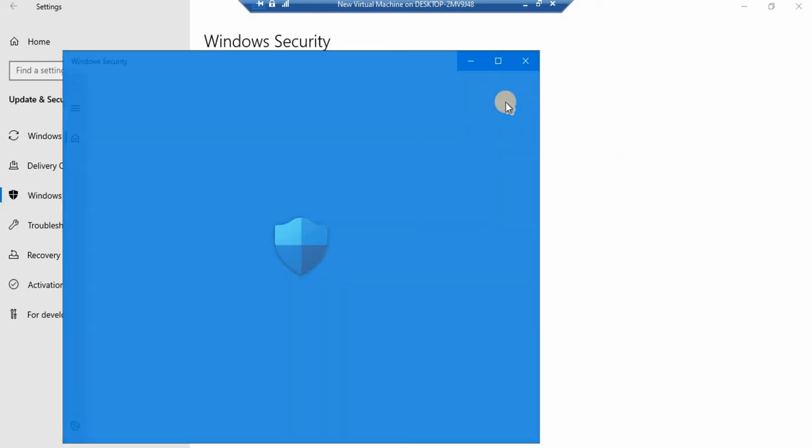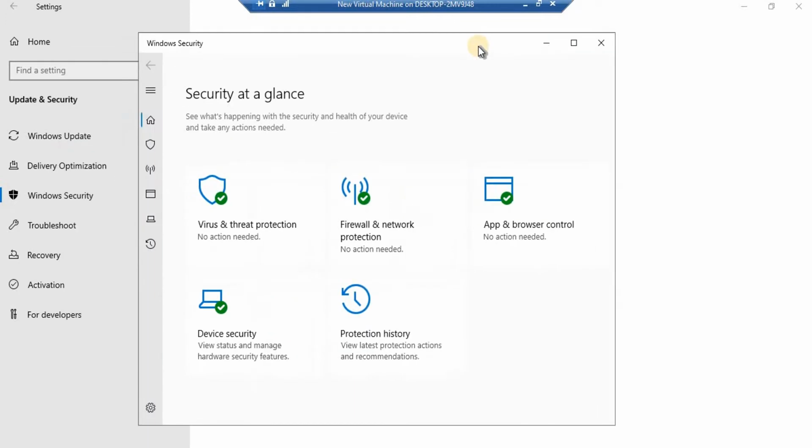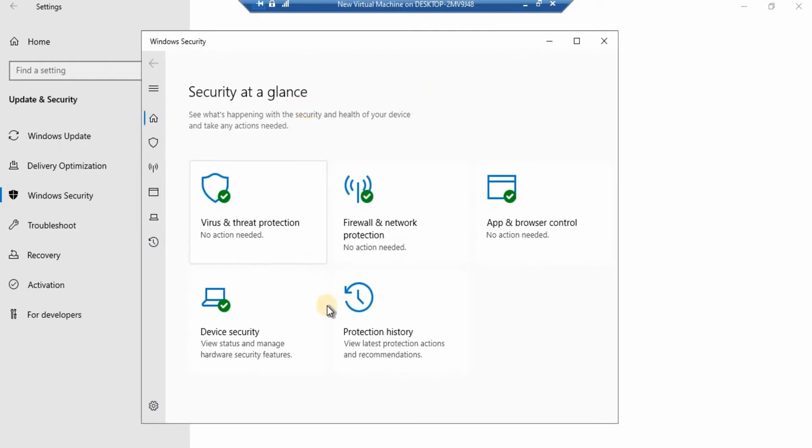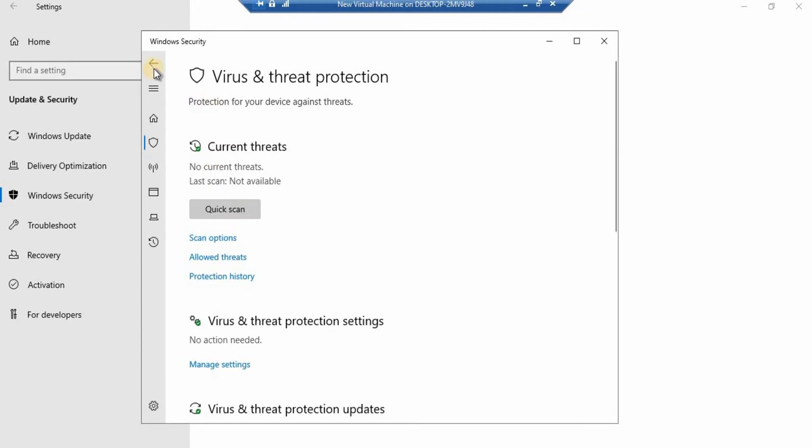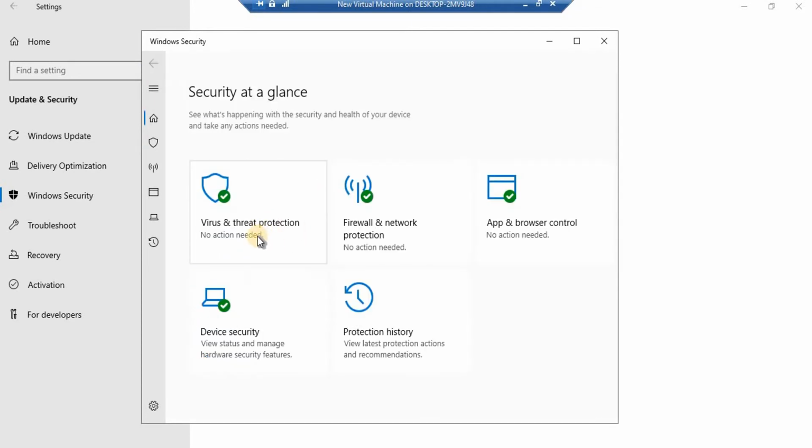After we open Windows Security, if you have a glance over here, you'll find 5 options, among which the first one is virus and threat protection. Right now it is enabled, so that's why it's saying no action is needed. If this option is disabled, then your system is at risk. That means any third-party software might be trying to get into your system, or to bring certain changes in your security settings. For that reason, I suggest you enable this so that no threats can harm your system.